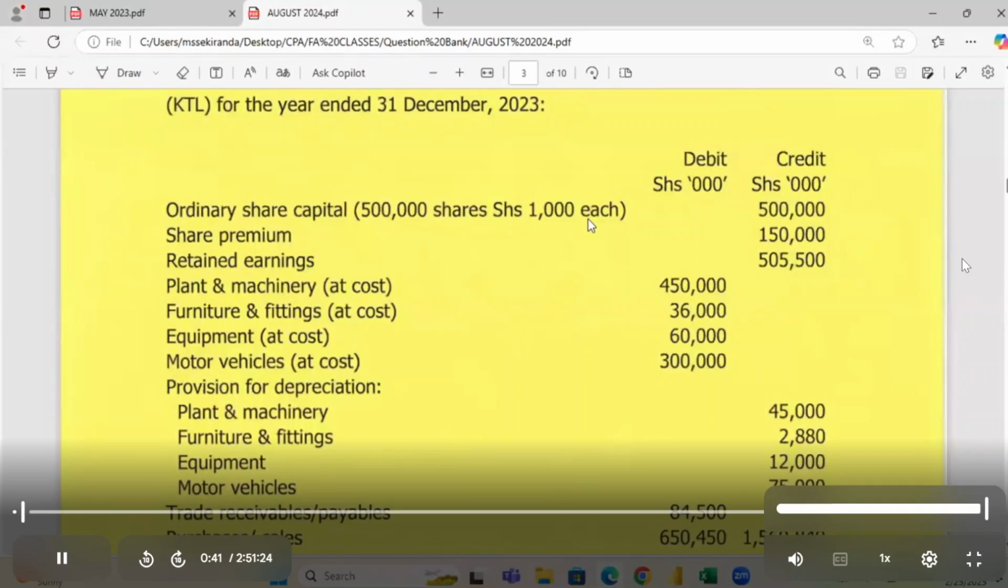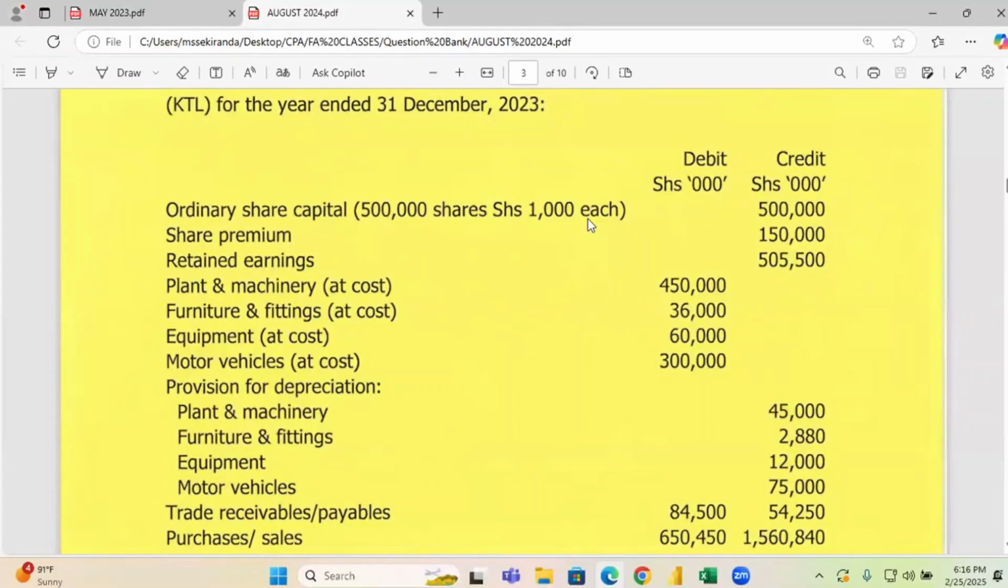I want you to record that somewhere, because we shall come across it when we reach a topic called accounting for shares, okay? Share capital is recorded at nominal value. You can't record share capital at market value. So the figure that you normally see written alongside share capital, we refer to as the nominal value, because share capital is stated at nominal value, not at market value. So, okay, we have share premium, retained earnings, plant and machinery at cost, furniture and fittings at cost,